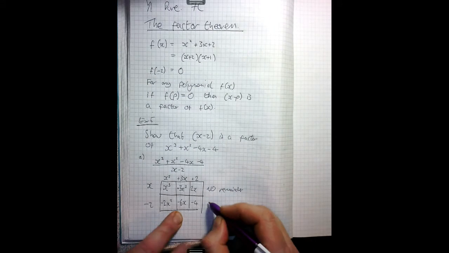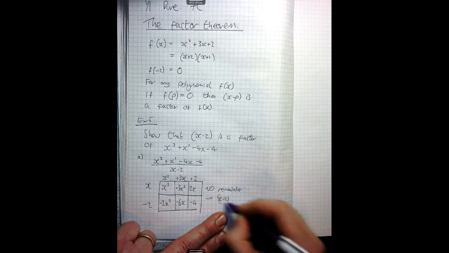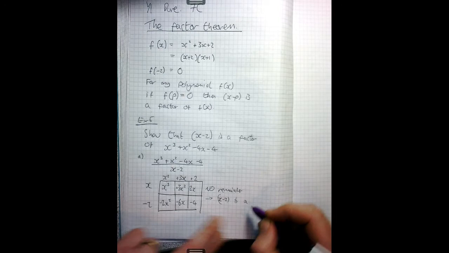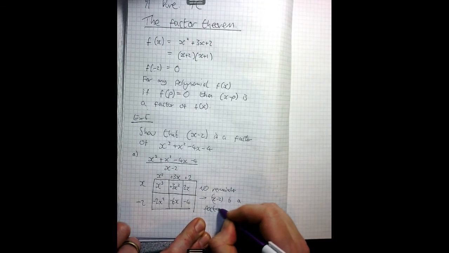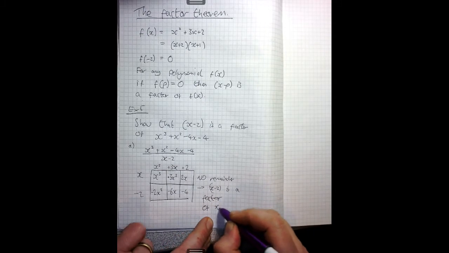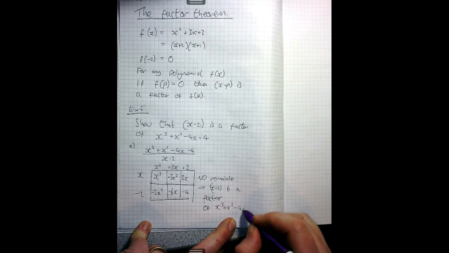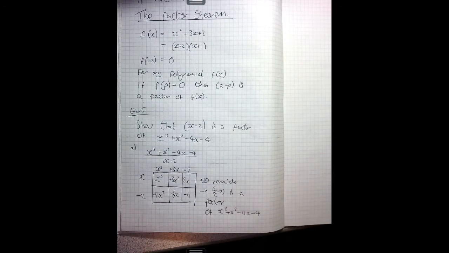No remainder implies that x minus 2 is a factor of x cubed plus x squared minus 4x minus 4. So that's done by doing division. The factor theorem, using the factor theorem,